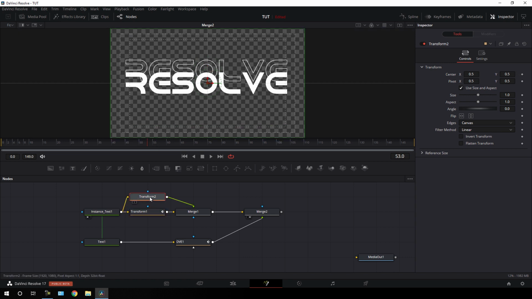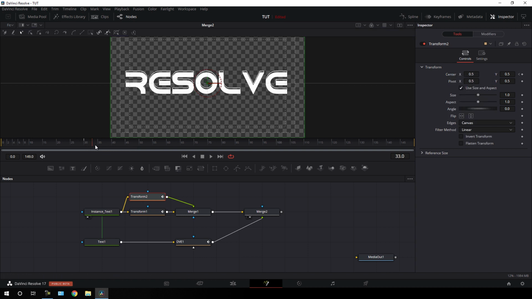So select this transform 2, go to frame number 30, right click on this center, click on animate, and go to frame number 60. This time let's drag it down a bit just like this and set the value in a round figure, something around 0.35. All right, and go 1 second forward in time to frame number 90.